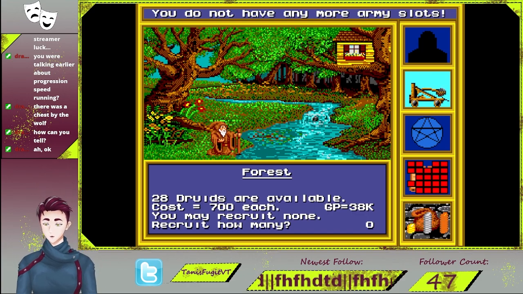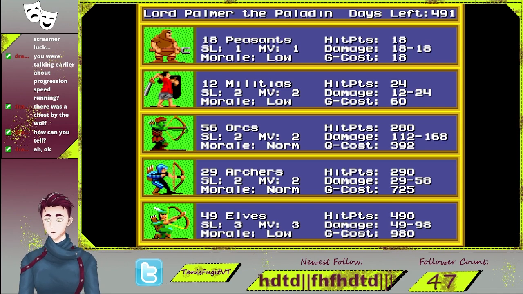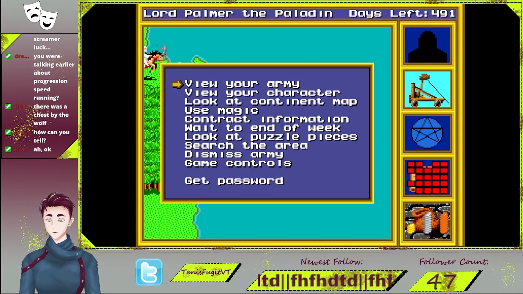Druids! I may recruit none! Druids! We need to get rid of our peasants. How do I...